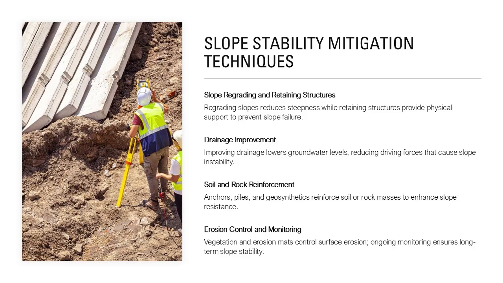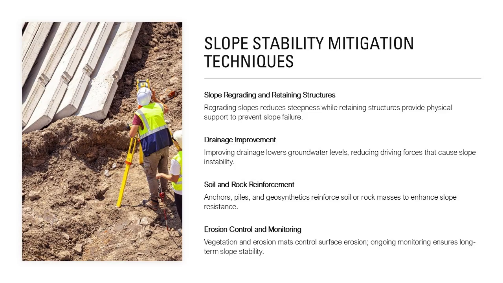Surface erosion control measures, such as vegetation or erosion mats, may also contribute to long-term stability. Selection of appropriate techniques depends on slope geometry, material properties, groundwater conditions, and environmental constraints. Engineering analysis, such as limit equilibrium or numerical modeling, is often required to demonstrate effectiveness. Long-term performance and maintenance requirements should be considered. This slide explains how slope stability mitigation reduces geohazard risk and highlights the importance of sound geotechnical design and monitoring